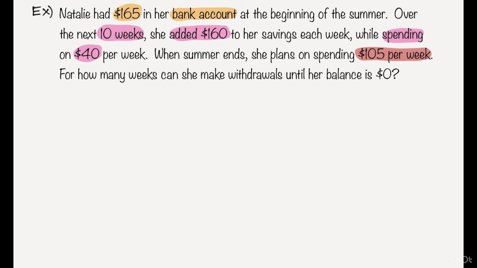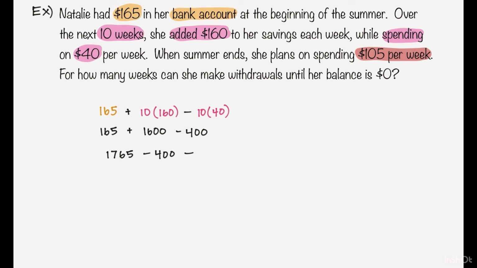So let's figure out how much money she has at the end of the summer. She has that starting $165 plus 10 weeks where she made $160 each week. But then we need to take away those 10 weeks where she spent $40. So let's go ahead and multiply some of those values. So I'm going to add 1,600 minus 400. So I can combine those. That gives me